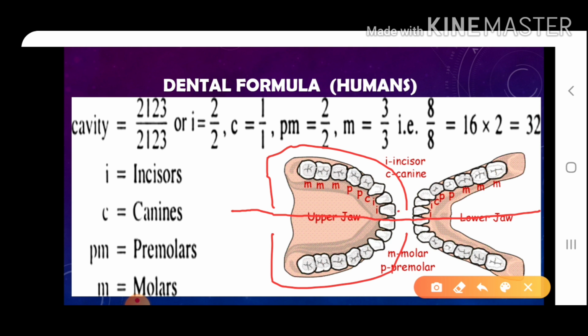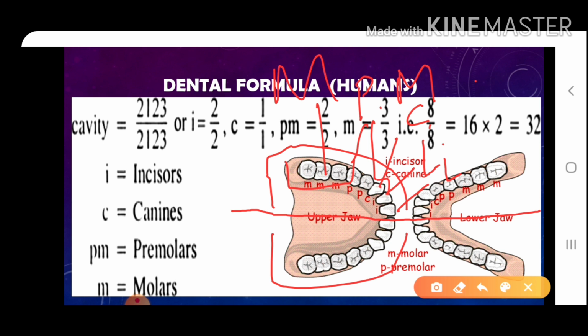Now the first teeth that you can see over here is incisors. We have just now discussed, they are used for cutting or taking a bite on your favorite food. So these two are I, that is incisors, which are represented by I. Then the next teeth that you would see over here is canine. You can see as it is pointed from top, this is canine. And finally we have two premolars. These two are premolars. And finally we have three set of molars.